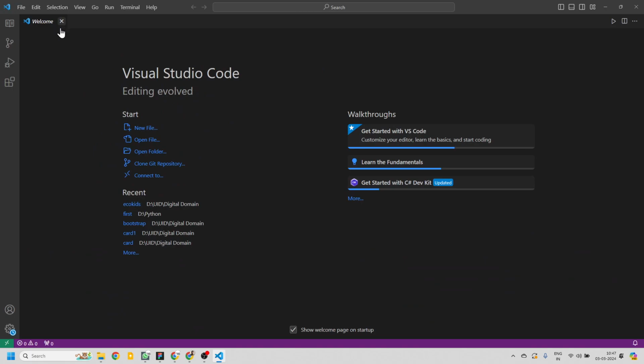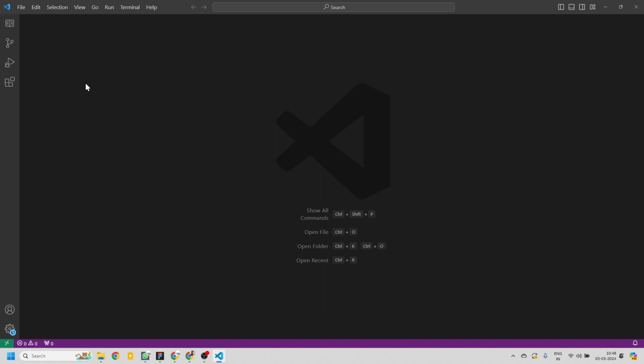We see a welcome dialog box where you have many options to work with. I'm just going to close this just to avoid the complexities and guide you how you begin with VS Code. See, the interface is very easy to understand. You just have a navigation at the top and a sort of toolbox on the left hand side. That's all. And on the right hand side you have a few options which are regular options which you get